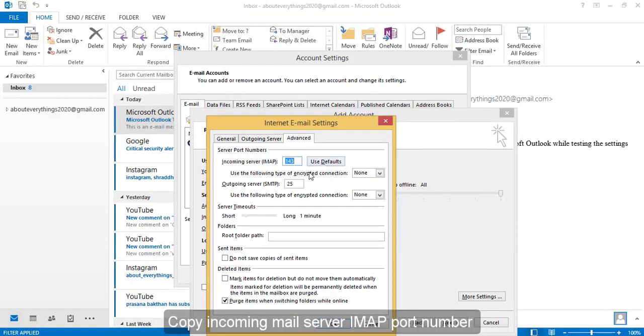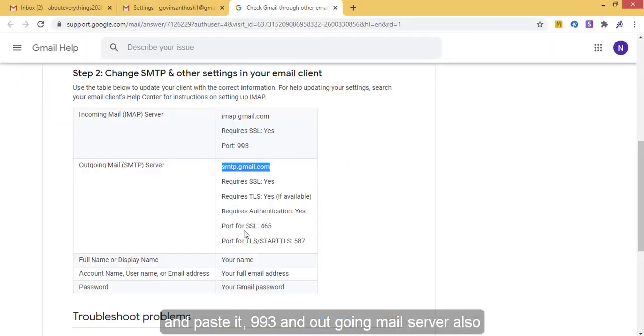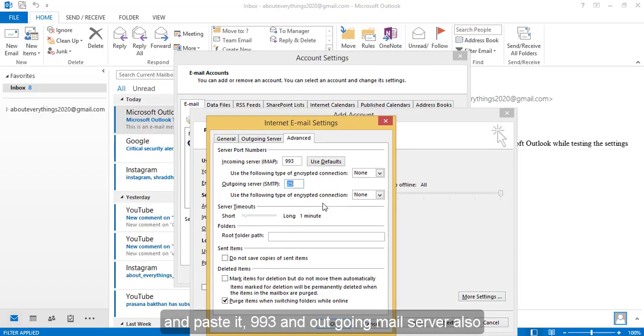Initially 143 is set, but we change it to 993. And the outgoing server is 465, with SSL, and click OK.